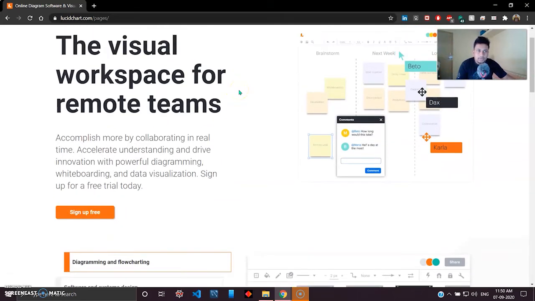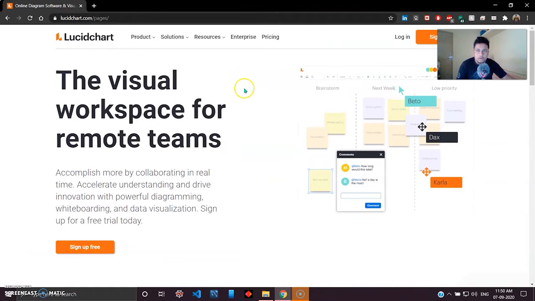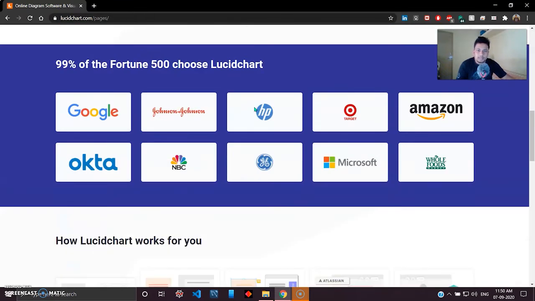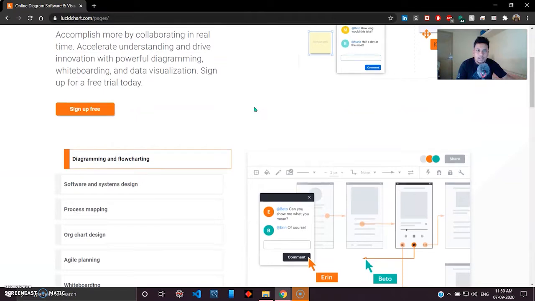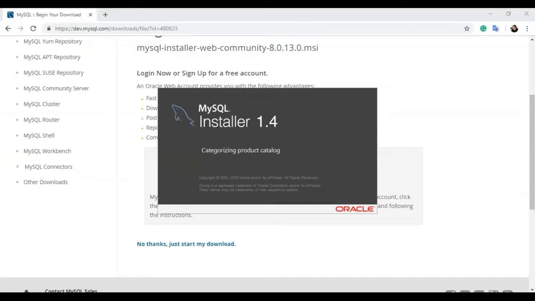Instead of using the Workbench provided by MySQL, I would recommend you sign up for Lucidchart. It is a really cool, UI-rich, graphic-interface-rich tool for ERD diagrams. So you can sign up for a free account, and in the further parts of this series we'll be using Lucidchart.